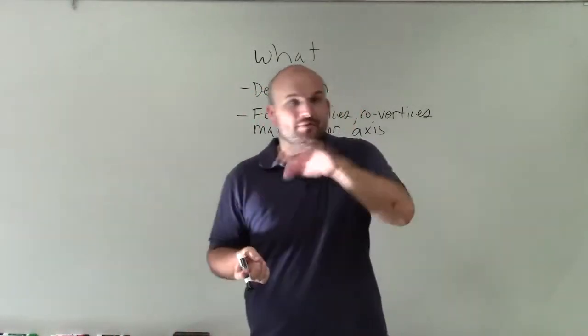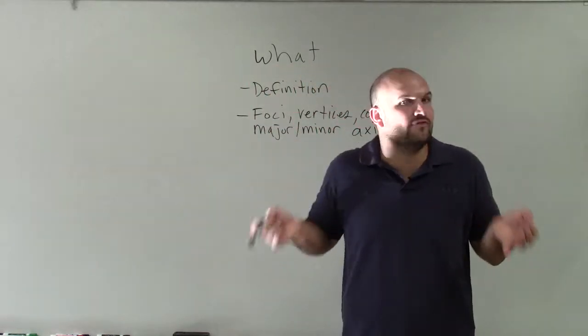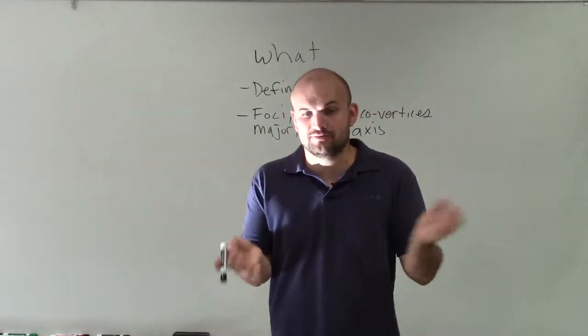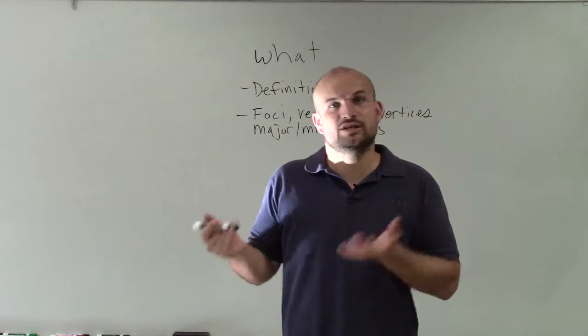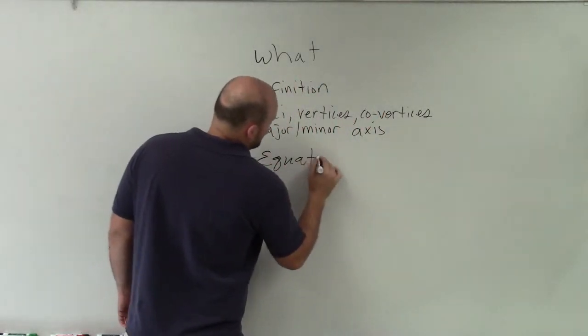Remember, every point that is located on the ellipse is equidistant to both of our foci, all right? So understanding that definition, and not only understanding the definition, but also understanding what exactly the equation is, which I did not write down. All right, so once you have an idea of